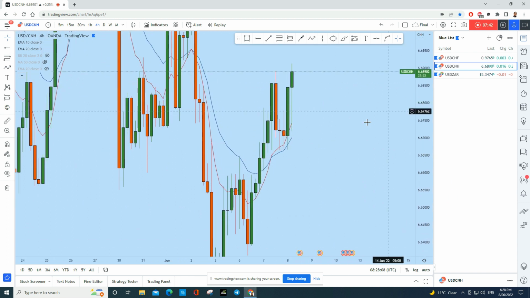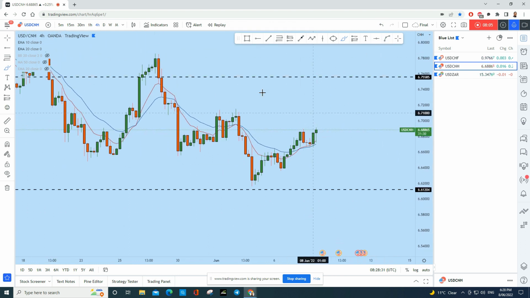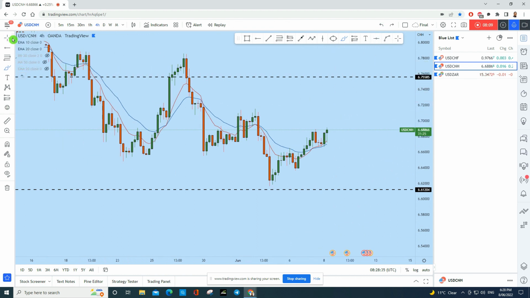What you saw in the previous 4 hour is a green candle that basically crossed the previous two dojis, broke above, and closed as a bullish engulfer. This current one came down and created this doji. It is closing in 30 minutes, but currently a kind of doji is being created. Now if this doji is created, that means it looks like USD CNH will